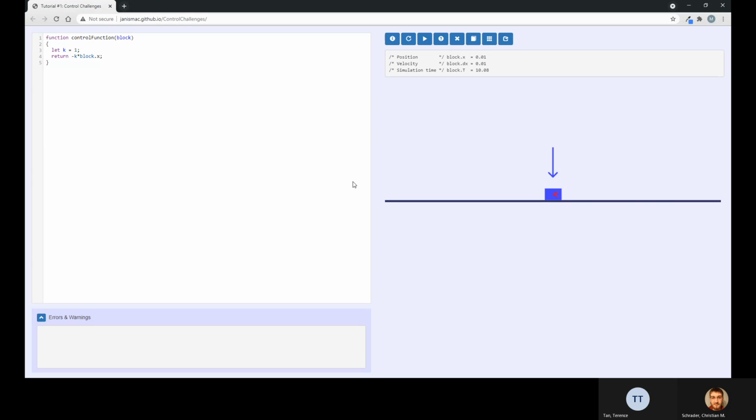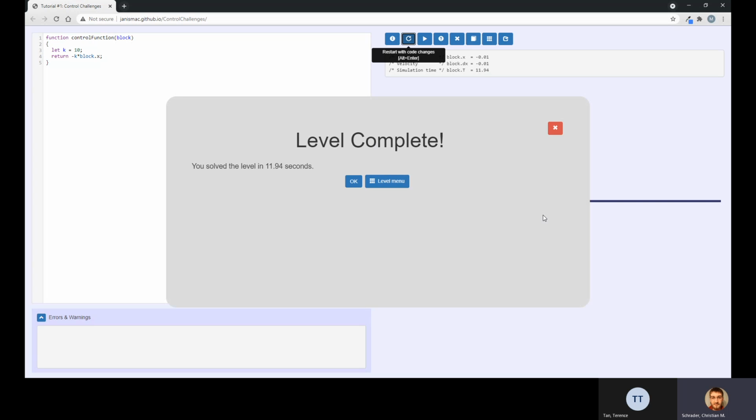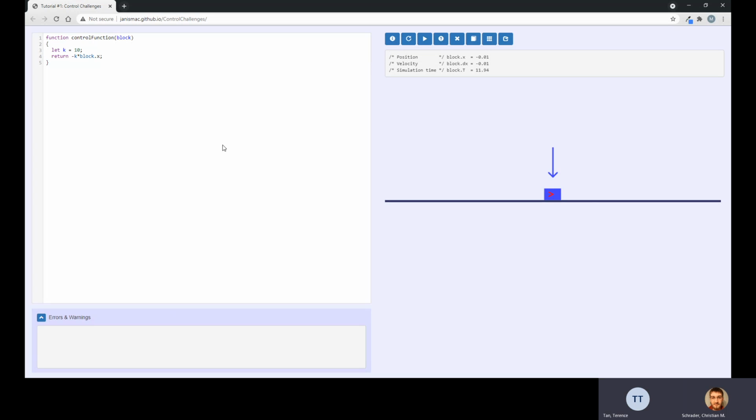Yeah. So what happens if you increase K? Could you potentially overshoot and never get it? Yeah. If we restart it, now it's much more aggressive and it overshoots harder. It goes back. So when you're doing this, there's a balance here. You want to pick a K, there should be an ideal K that would bring it back as fast as possible. So if we choose something really small like 0.1,